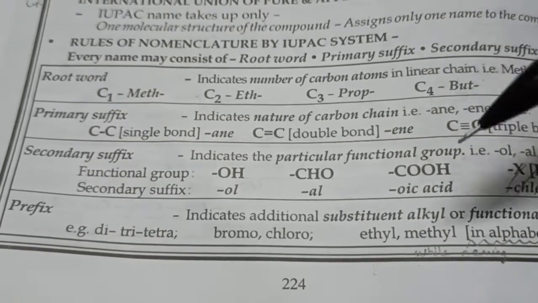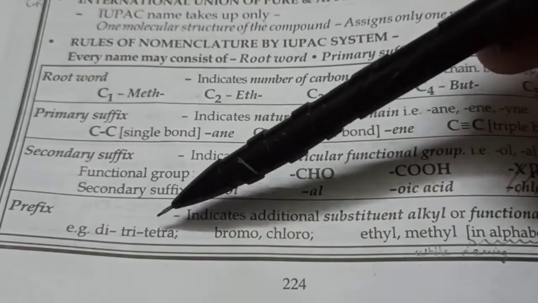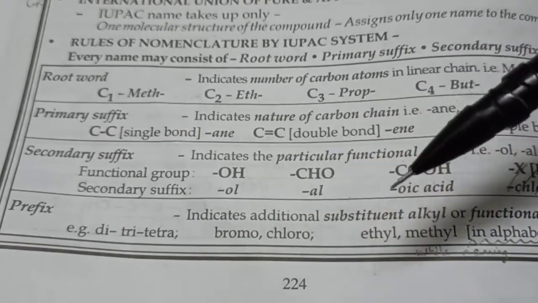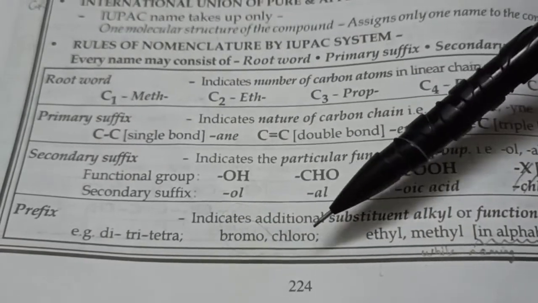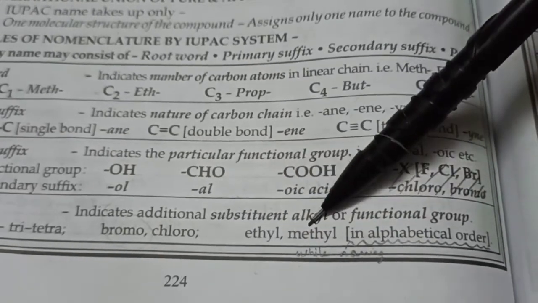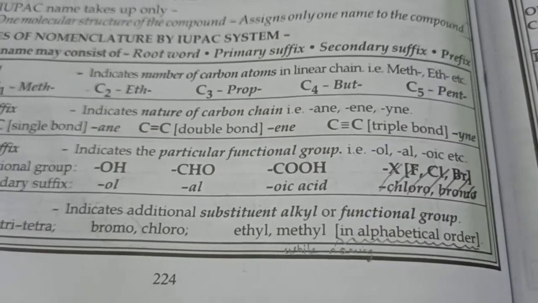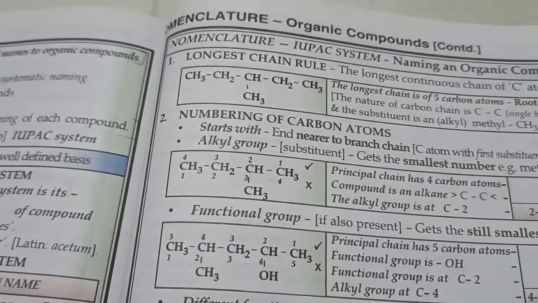And finally, prefix. Prefix is something which comes before the name. So either you can have di, tri, tetra, for example, dimethyl or trimethyl or trichloro. Or if it is a halide name, we will write it in the beginning always. Bromoethane, chloroethane. And when we write the ethyl, methyl names, while naming, we will go in alphabetical order. What does that mean? We will take an example shortly. So now let's practice our naming skills.